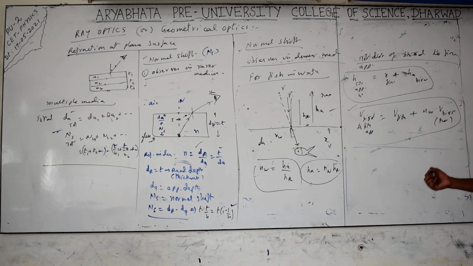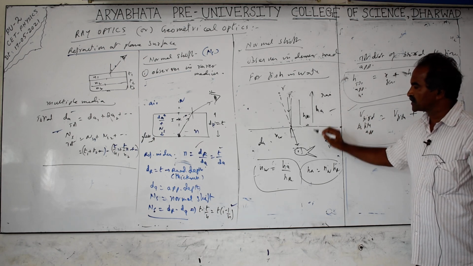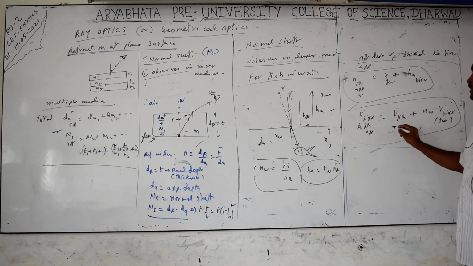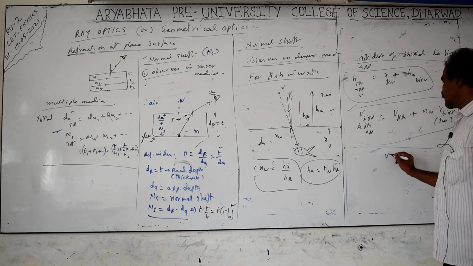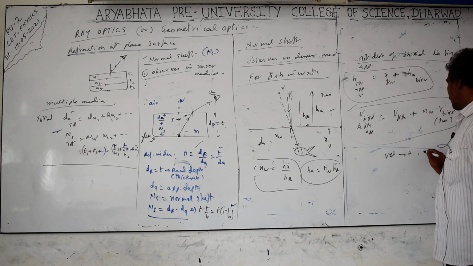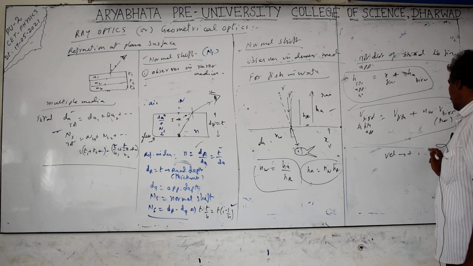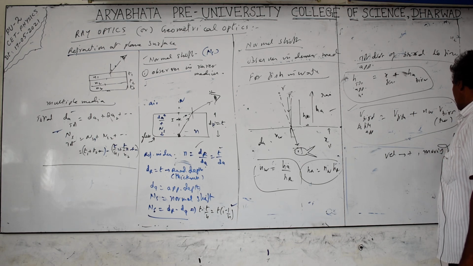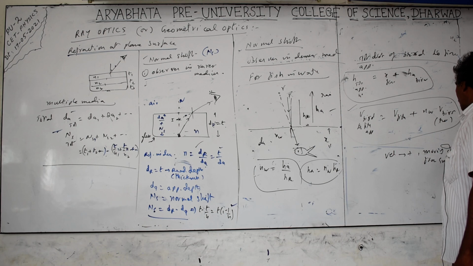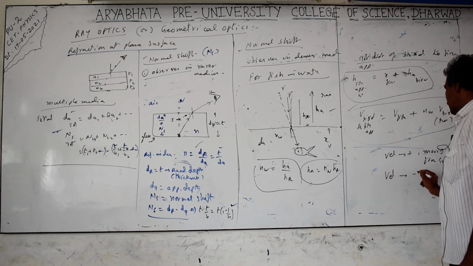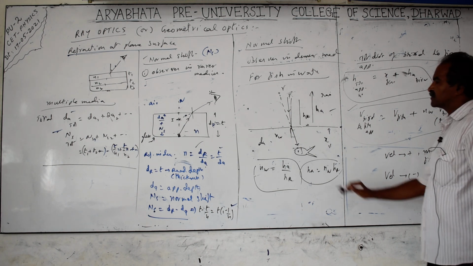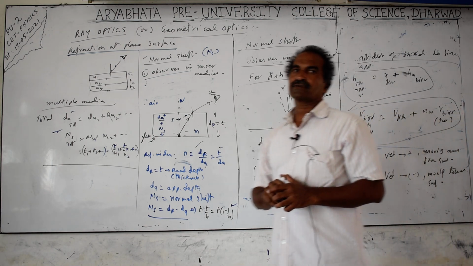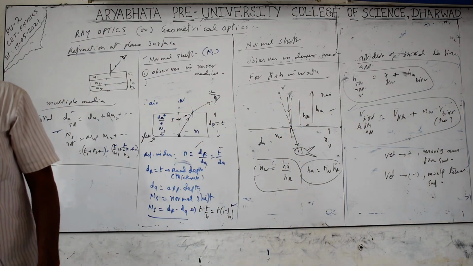Next, there is a plus and minus sign convention. If the bird is moving toward the surface or the fish is moving to the surface, distance decreases. Distance decreases means velocity becomes negative. If they are going away from the surface, it is positive. Velocity is positive if you are flying or moving away from the surface. Velocity is negative if moving towards the surface. That means if the fish is going up or the bird is coming down, you take velocity as negative. If they are going away, take it as positive.